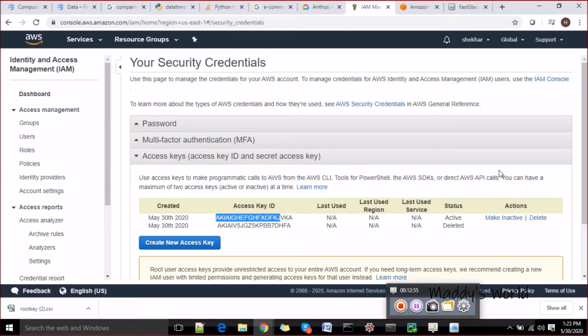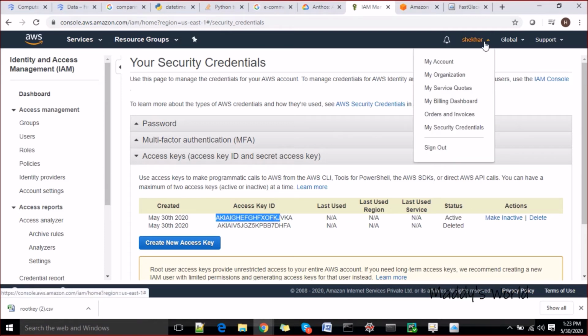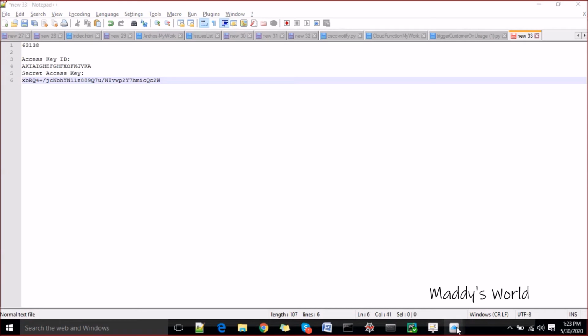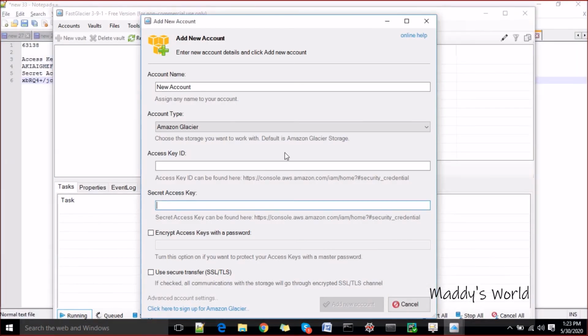So the next thing you need to do is click on my account if you want to see a couple more things here, the name and other things. Let's leave it for now. I will go to my Fast Glacier itself. Account name, I will call it Shaker.